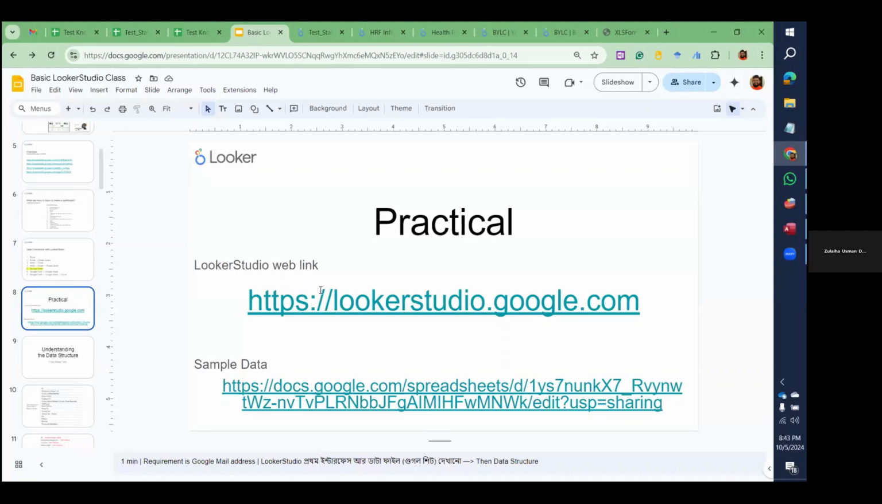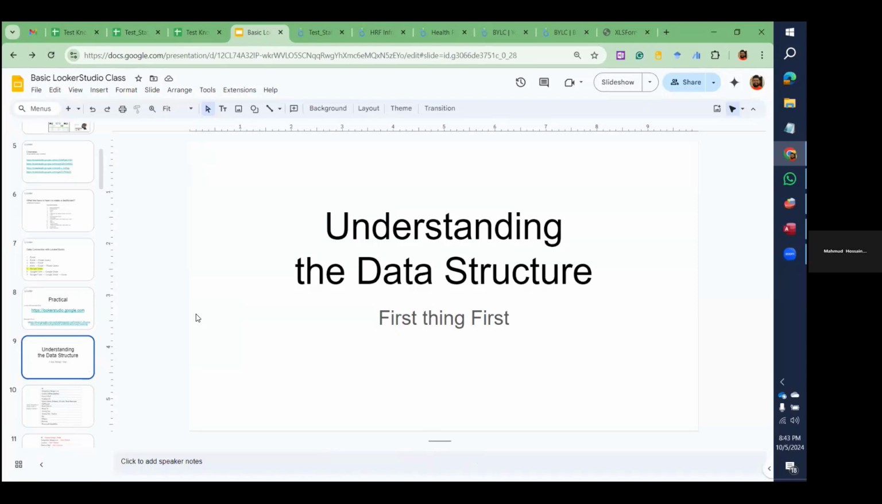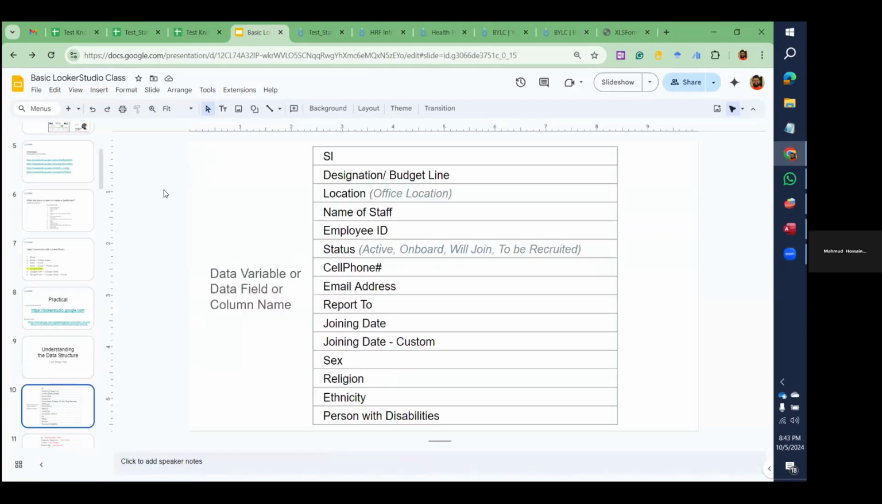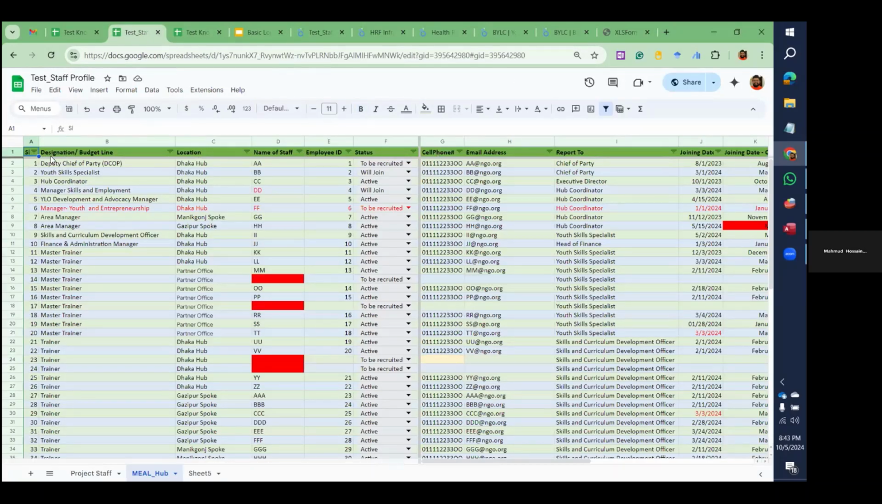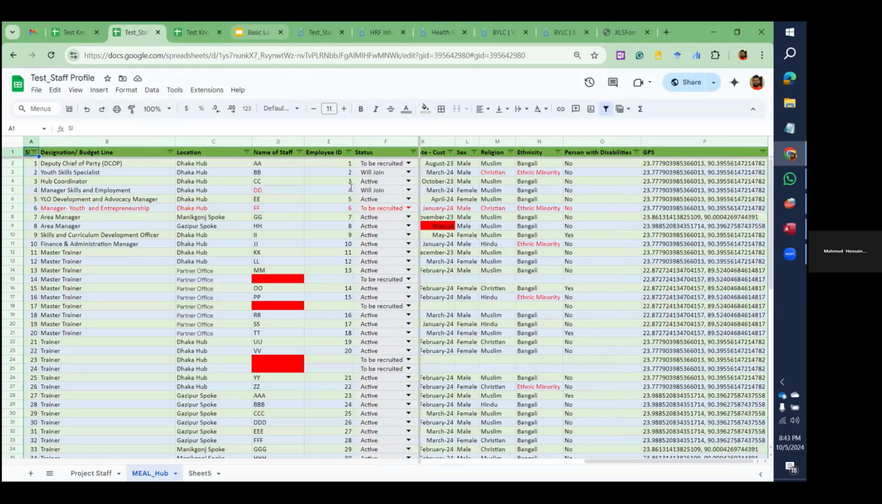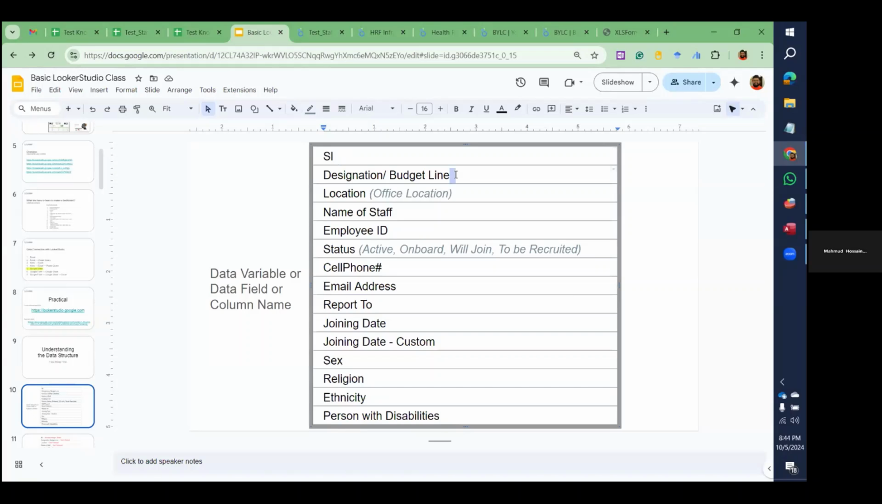Before starting, we have to understand our data structure, and this is very, very important. You see, here in our Excel file or Google Sheet file, here are the columns. This column is serial, and one is designation or budget line. We are already familiar with designation. Location, it's the office location, name of the staff, employee ID,